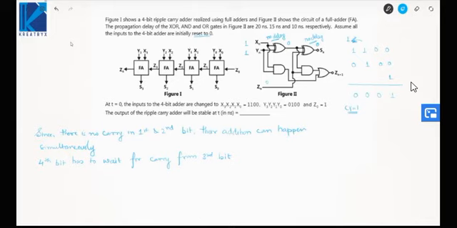But 1, 1 will give output as 1 for the AND gate. And how much time will the AND gate take? It will take 15 nanoseconds. Are you getting my point? Let me show this by an example, x, y. What is the XOR of x, 0, 0? It is 0. XOR of 1, 1, it is 0. So how can you say that there is a certain delay? That means there is no delay. When the output of a logic gate does not change, you cannot consider the delay.